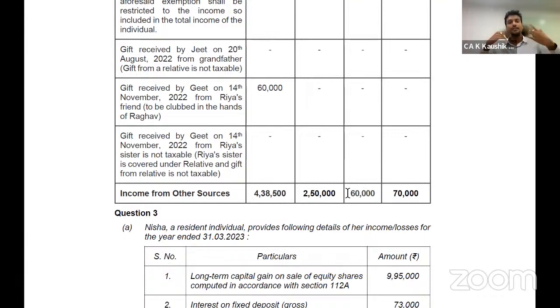Now, from the perspective of timing, we are at 1 hour since we started. We have completed 2 questions. Though prima facie we took more minutes for solving question number 1, question number 2 did not take much time. That is the kind of fact that you will have to see from the examination also.